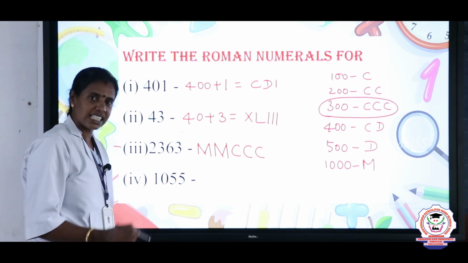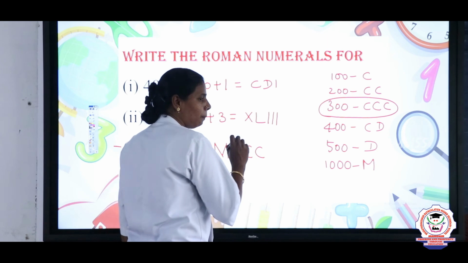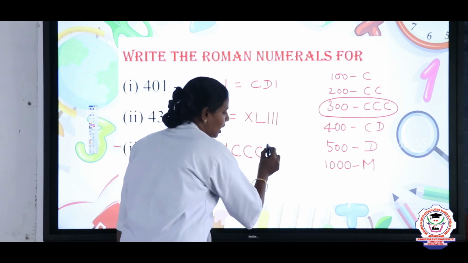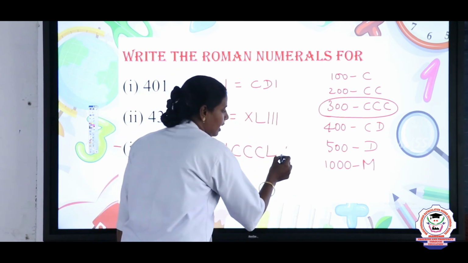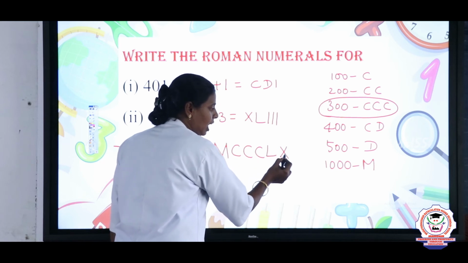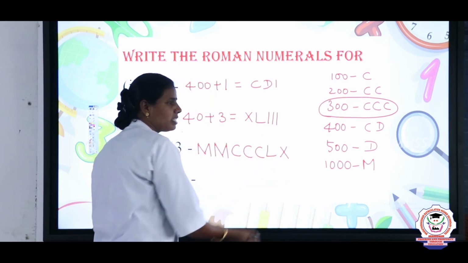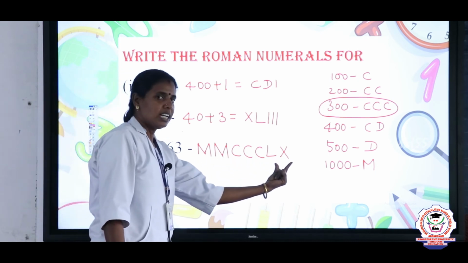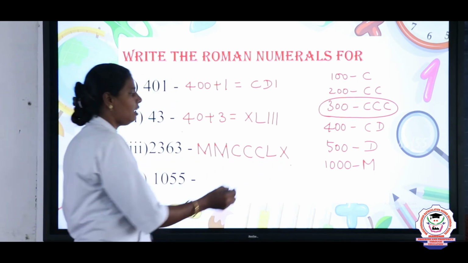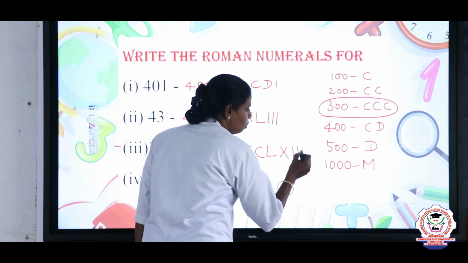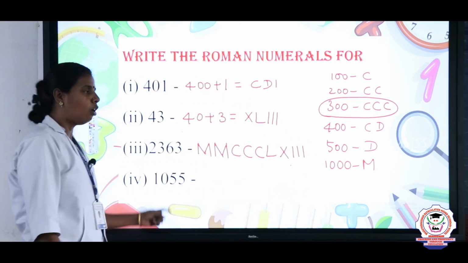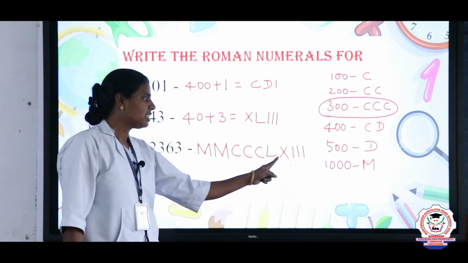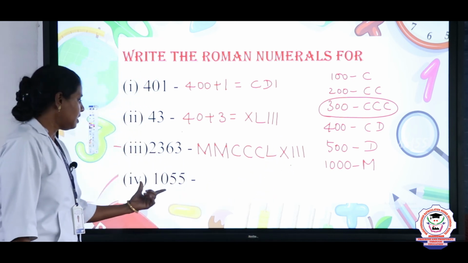What is the symbol for 60? 50 plus 10 is 60, right? 50 is L, X is 10, so 50 plus 10 is 60, LX. So, 2363, and 3 for I, II, III. Is it clear how to write 2363? And the next, last one is